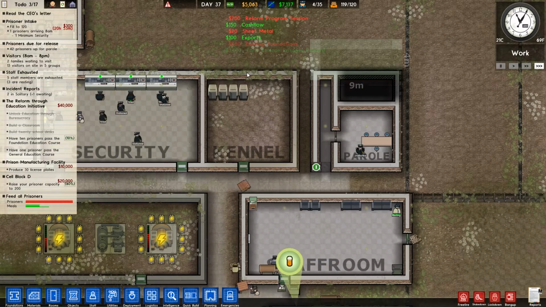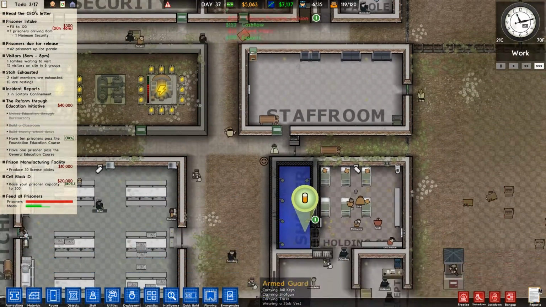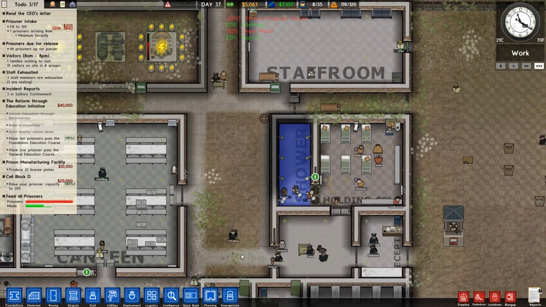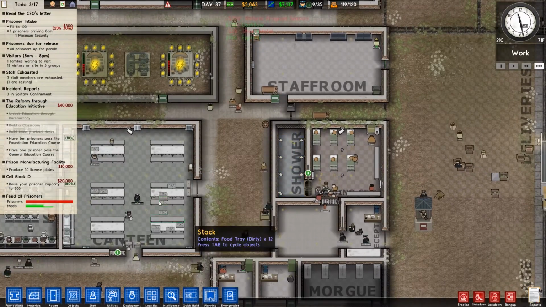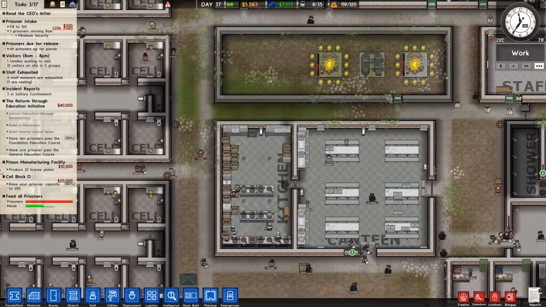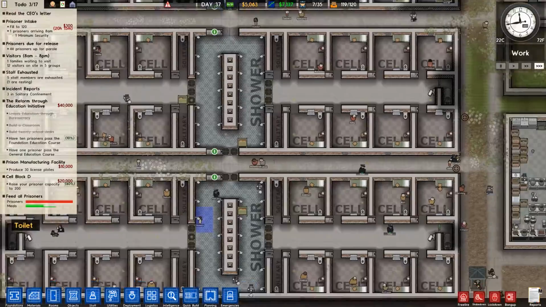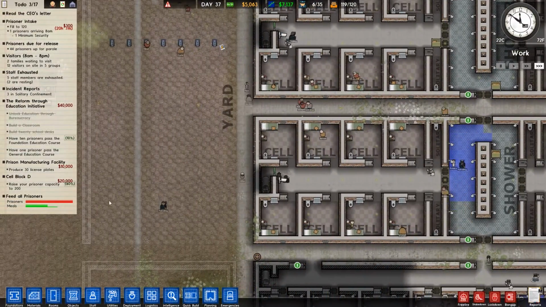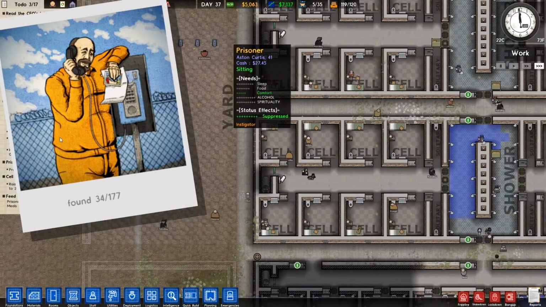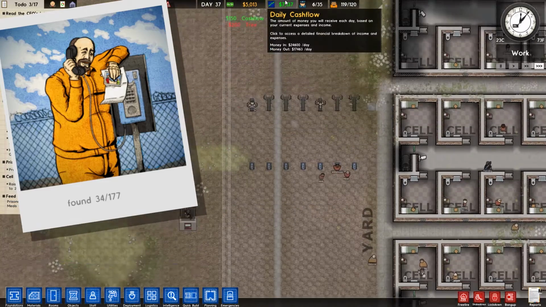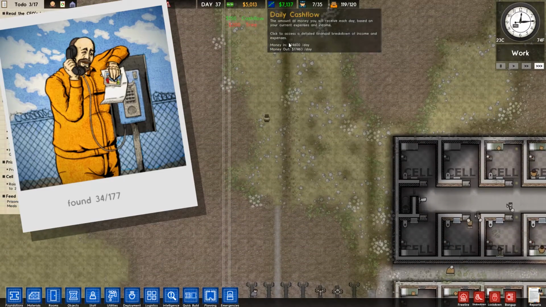$3,000 for an early prisoner release reward, which is nice. Seem to be finding a lot of narcotics over here. Now, another thing that I wanted to do, because what I really want to do is get the... oh, we've got another Polaroid here. Have seen that one before. What I really want to do is get the